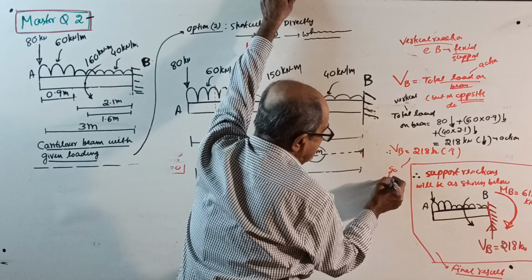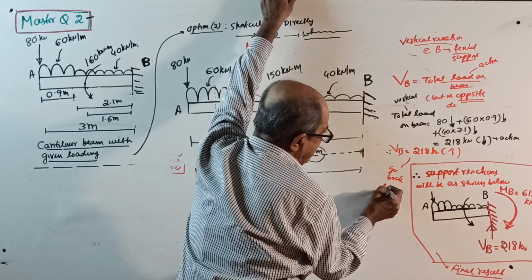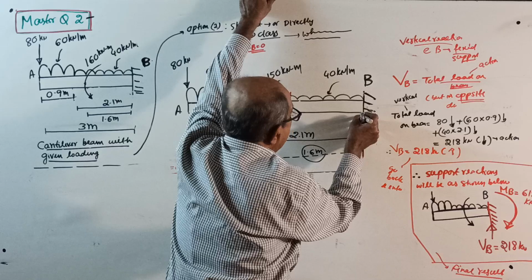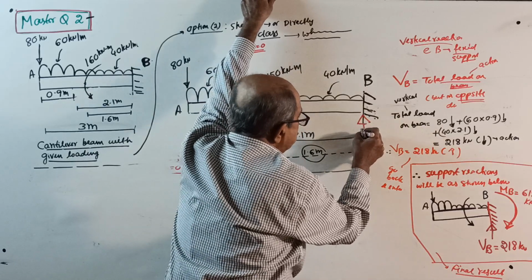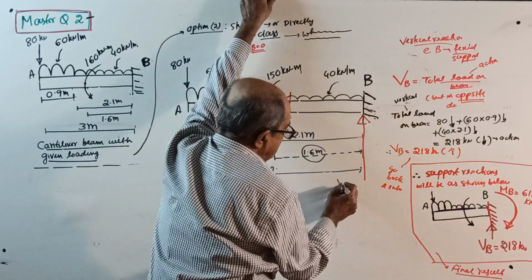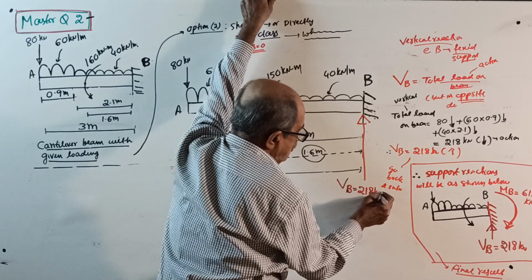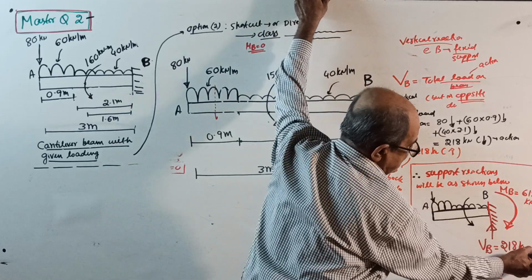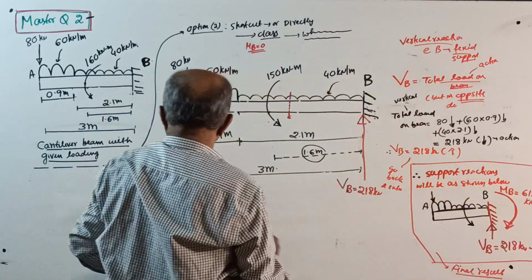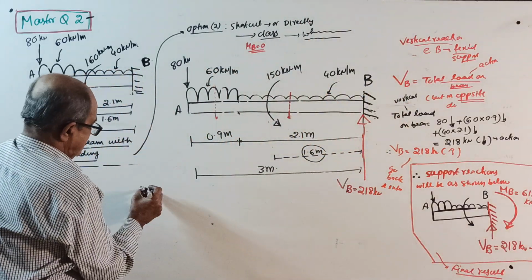Go back and enter directly here. This entry is made after calculation. VB equals 218 kilonewton. See there, answer, same answer. Now, next, right here, space. Next,